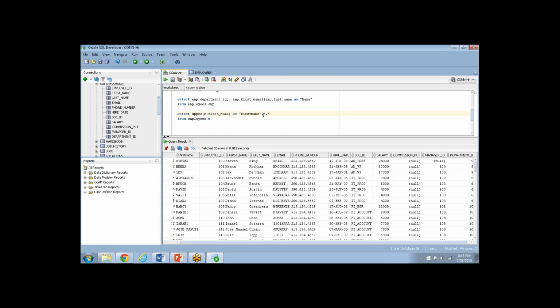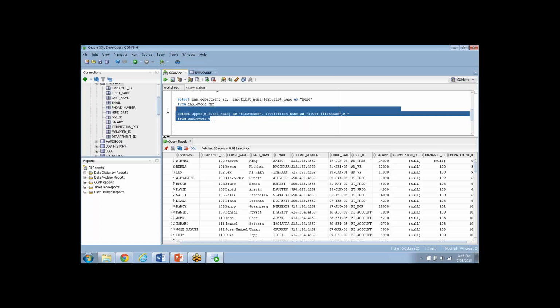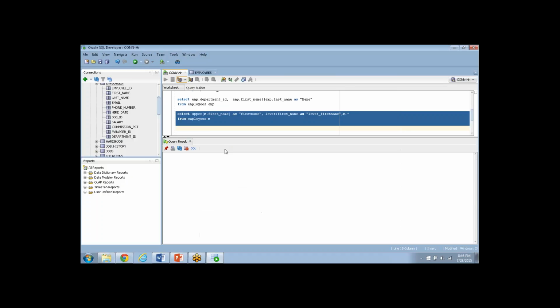In a similar way, I want to see all the characters as lower case. So I write lower of the first name. I'll give an alias name, just some meaningful column name. This will work only for this query. So if you see now,